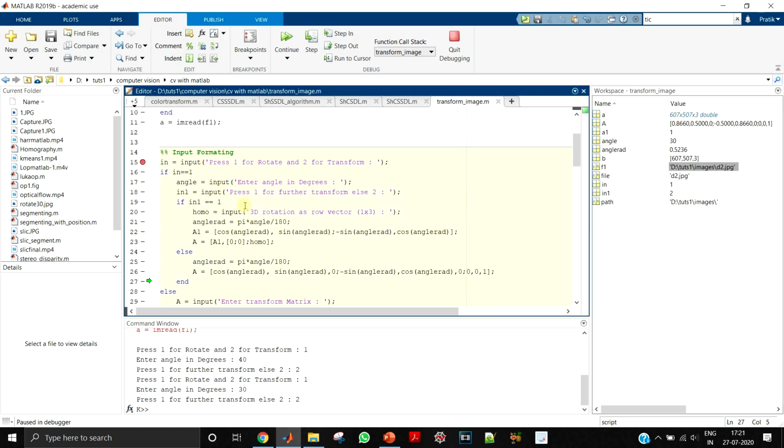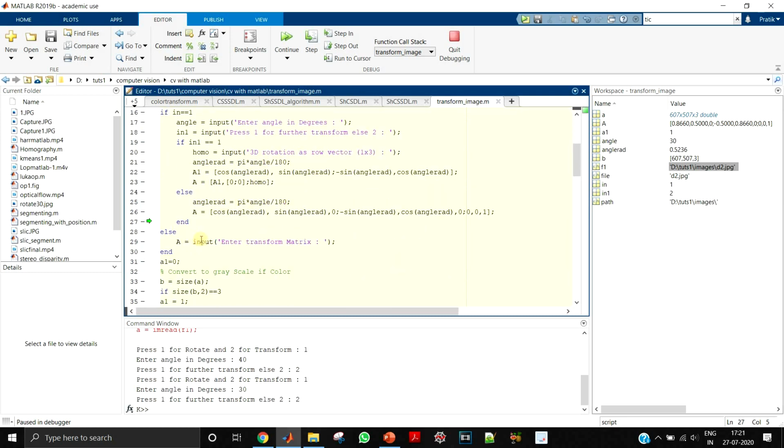Other things are also quite easy to understand. If you want to input the transformation matrix by yourself, that I did before, then you just have to take input as enter transformation matrix, and that will be saved in A. I'm saving my transformation matrix in capital A, you can see that.